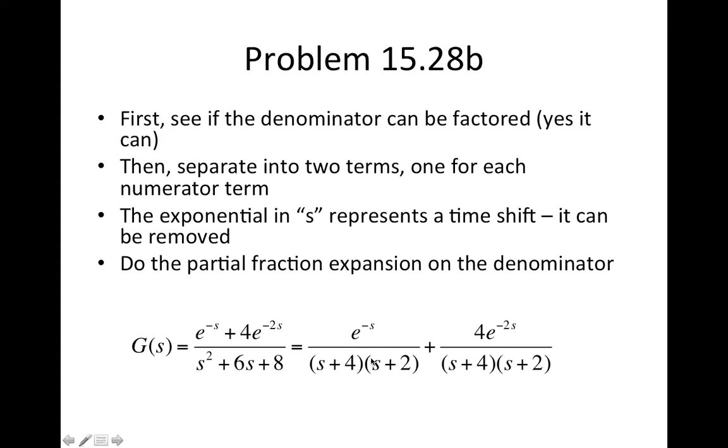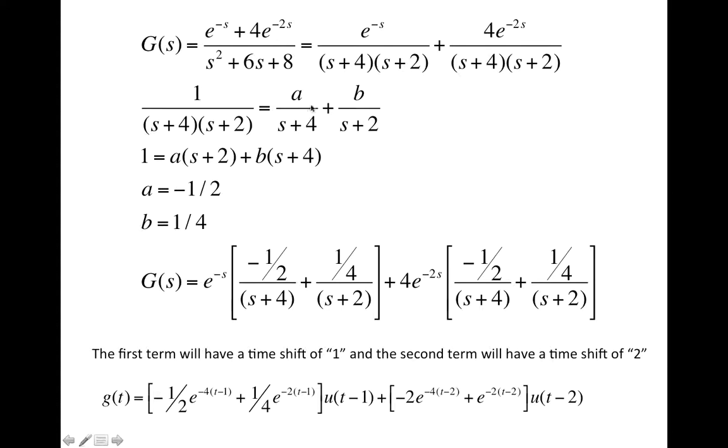So the first thing I've done here is to break this into the sum of the two numerator components on the same denominator. And then let's look at this function, which is common to both, and do a partial fraction expansion on that. So here's a place where I've omitted the steps. It's pretty easy to let s equal negative 2 and s equal negative 4. And if you do that, you get this result here for a and b. So the partial fraction expansion is shown in the square brackets here. And it's the same for both terms. The first of those terms being multiplied by e to the minus s, and the second by 4e to the minus 2s. So now when we take the inverse transform, both of these are exponential decays,